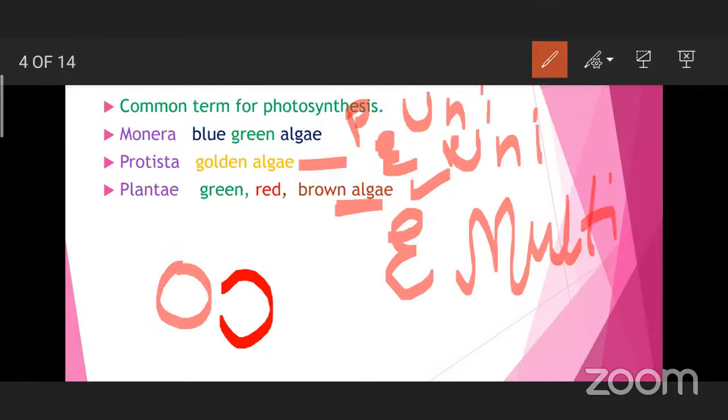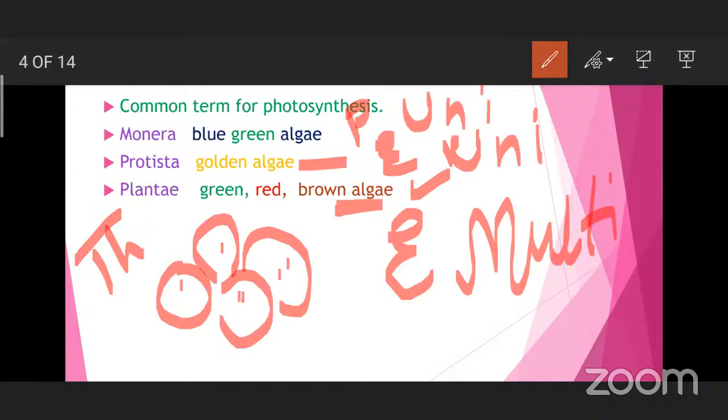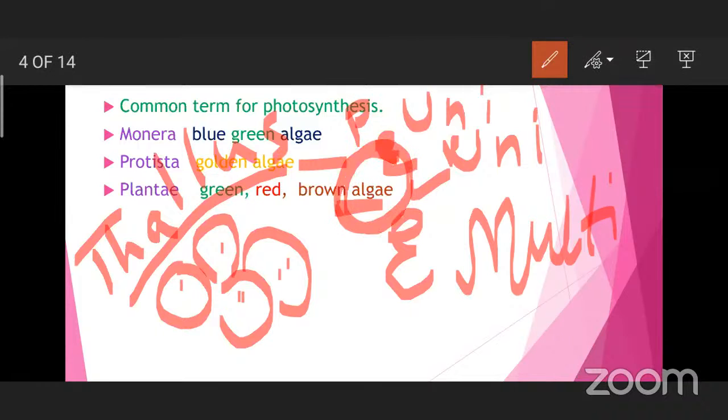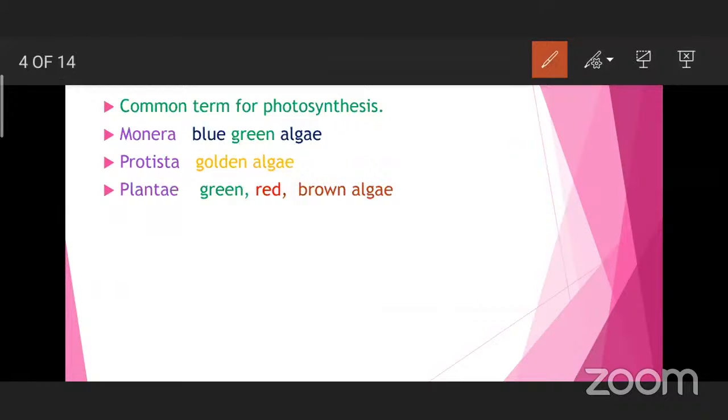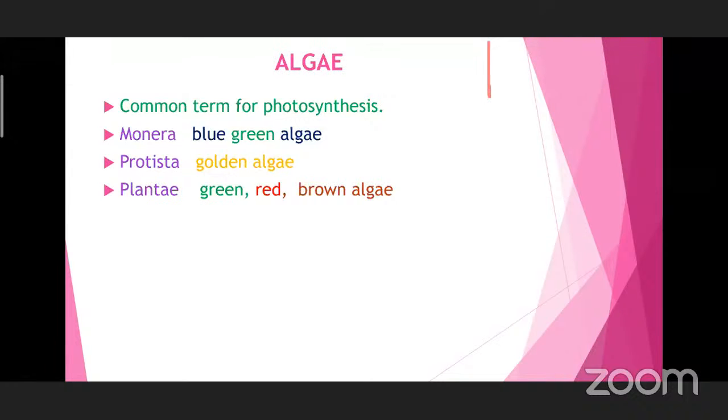Multicellular means a mass of cells will be there like this. Okay, this is called thallus. In other terminology, in the algae, we call it thallus, because thallus will not have any root system or shoot system like the trees, herbs, and shrubs. That's why a separate group called algae is introduced in the Plantae kingdom. I hope you got a clarification with this. Why are we using the term algae? It is to represent photosynthetic activity in the cells or organisms.